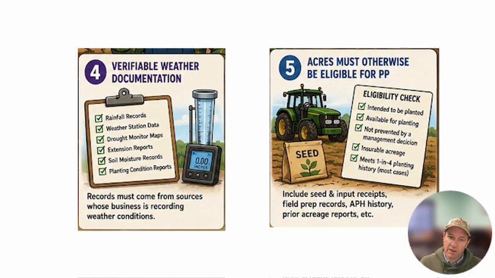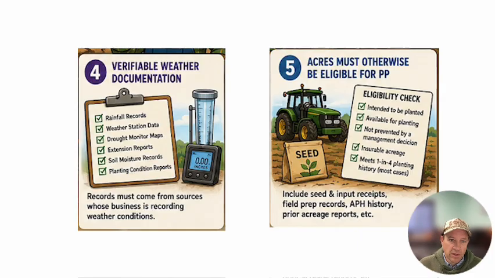So you have to have a history of growing at least enough acres to cover what you've already seeded plus what you were planning to seed, and that gap is where we would qualify for PP here, if that makes sense. It has to be planned to be seeded to an insurable crop and not prevented by a management decision. In other words, you didn't do something with equipment or something that caused this to happen.